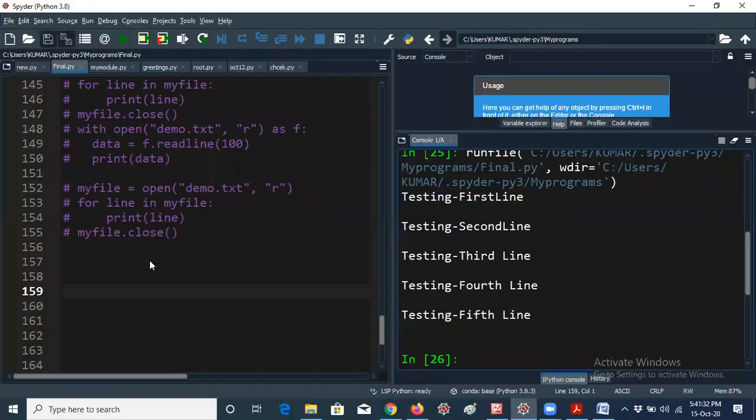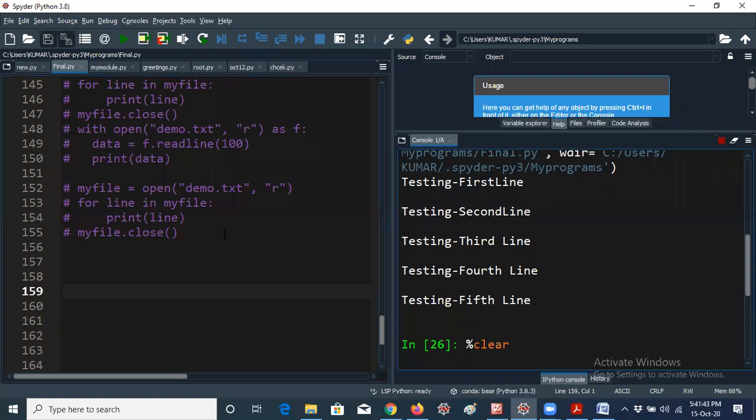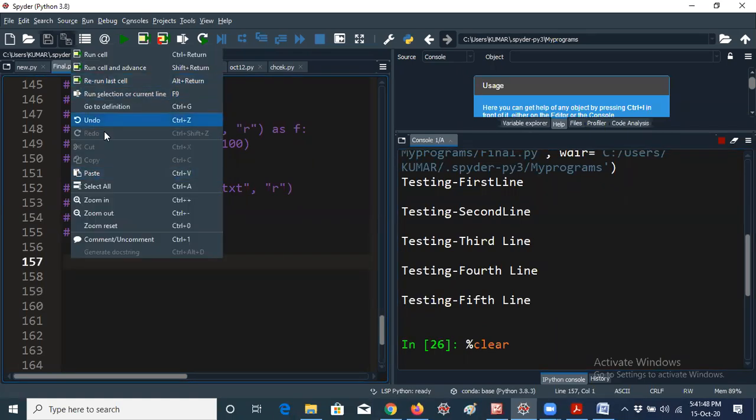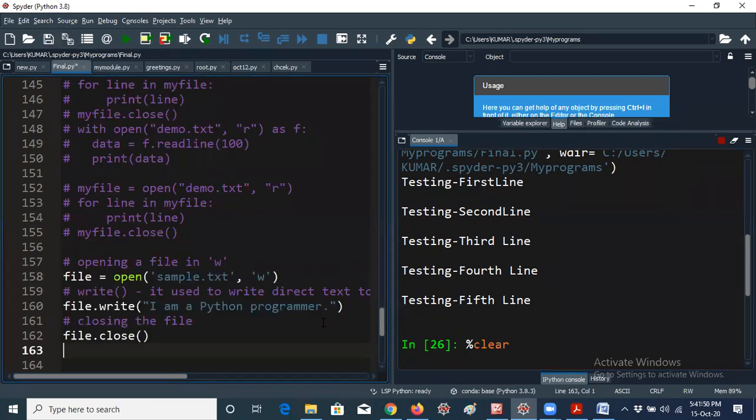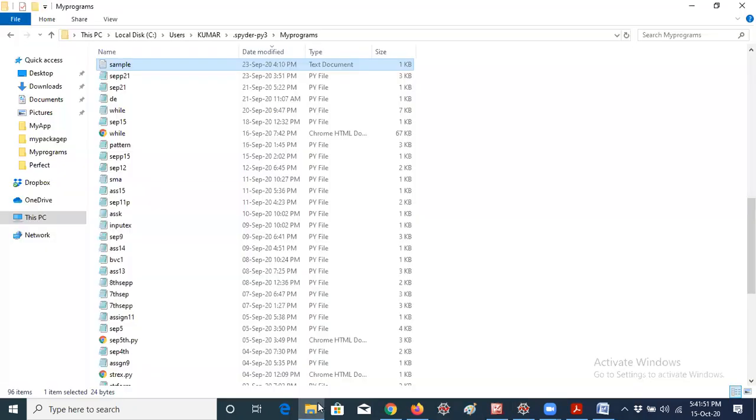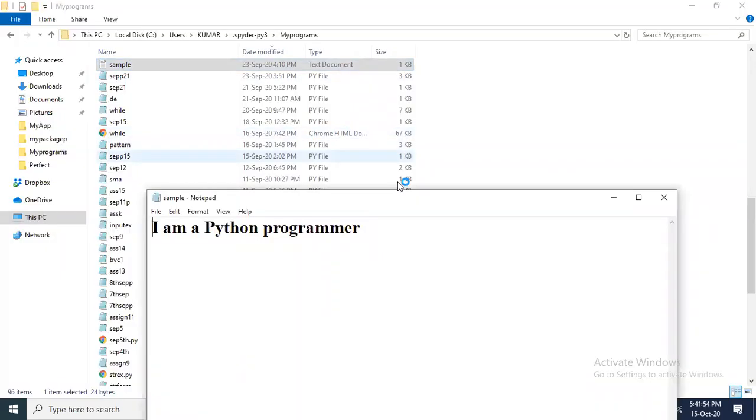For example, I would like to create a new file, and I need to access that file. This is my target now. I'm using the sample.txt file only, but here I'm writing like a